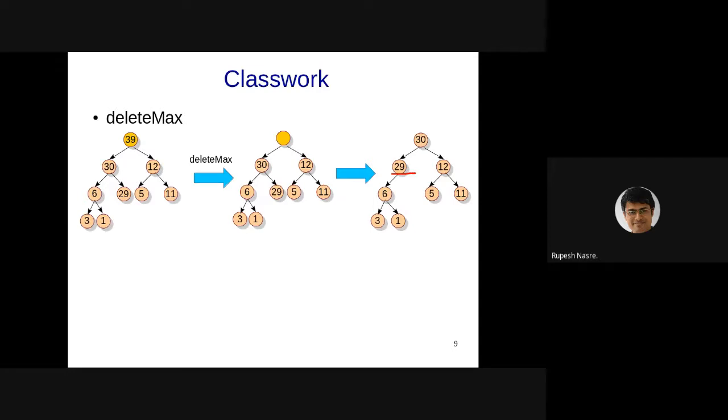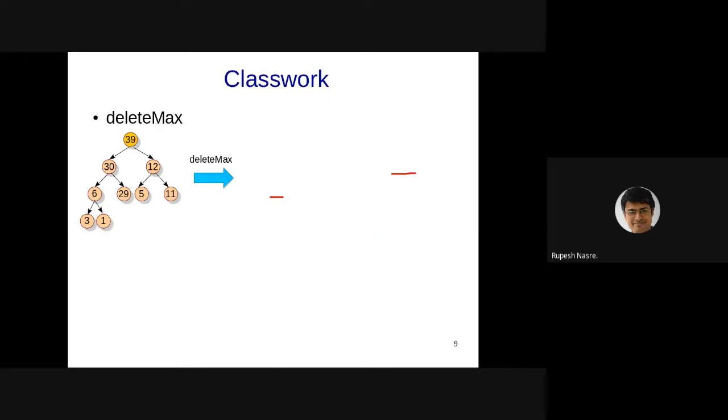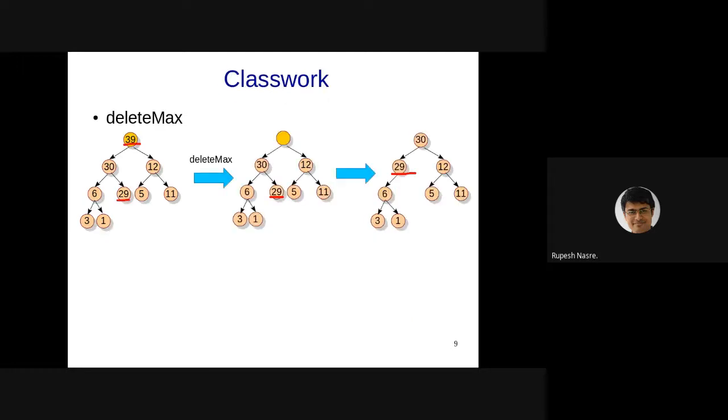Okay. So why this is happening is because we are going to an arbitrary element in this tree, right? So when I try to remove 39, I am reaching 29. In the previous case, I'll just show you back, which was carefully designed, when I removed 52, we reached 29. And removal of that did not change the structural property. And therefore, that was okay for that particular instance. But when we try to do it for arbitrary elements, then the structural property is getting violated.